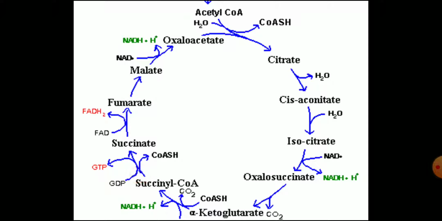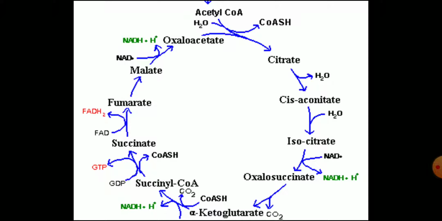Then one molecule of FADH2 is produced by the succinate dehydrogenase, that is, succinate is converted to fumarate. Then one molecule of ATP from GTP is produced by the succinate thiokinase step, that is substrate level phosphorylation, where the succinyl coenzyme A is converted to succinate. First GTP is formed. From that GTP, ATP is formed by the reaction with ADP, and the GTP is converted to GDP, and ADP is converted to ATP. So a total of 10 molecules of ATP are formed from the 3 NADH plus H plus, 1 FADH2, and 1 substrate level phosphorylation ATP. Okay, this much you have to study.